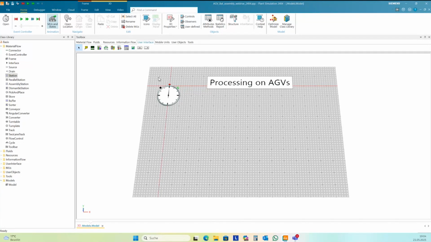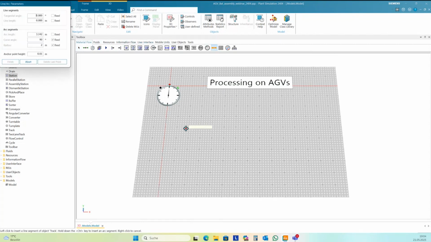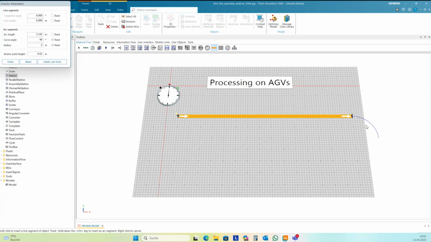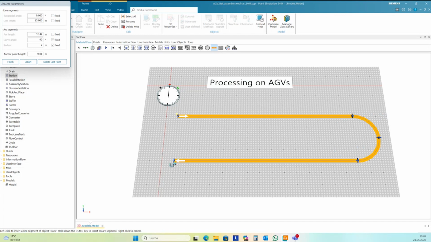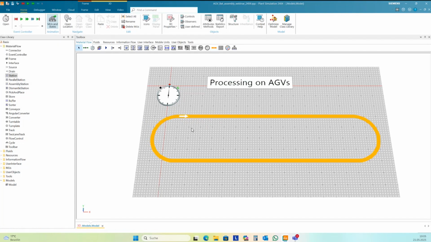First, I create a track, like a round track here. We need to connect the end with the start of this track to have a closed loop.